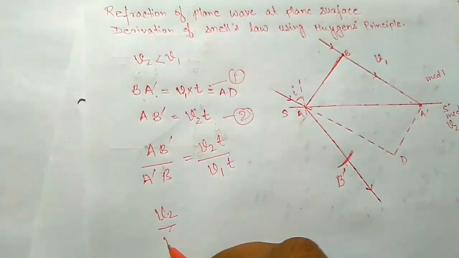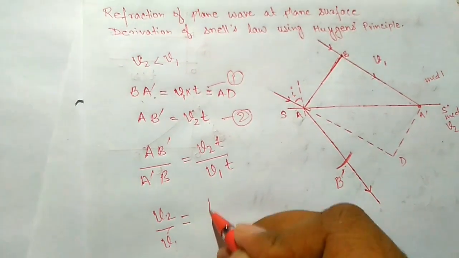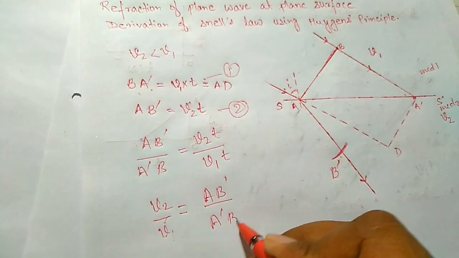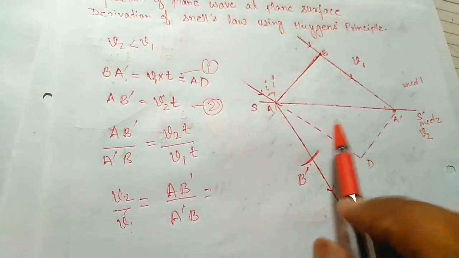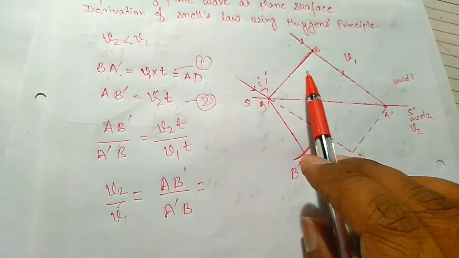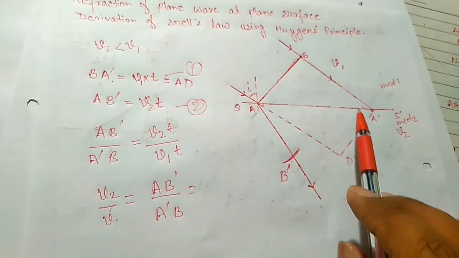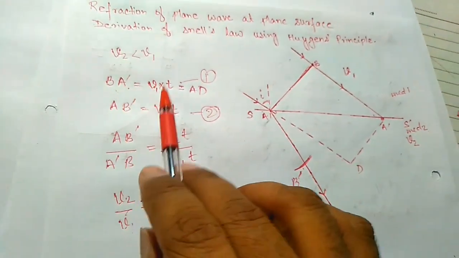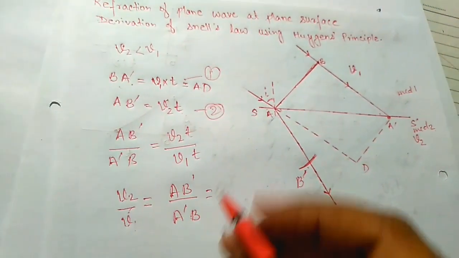V2 upon V1 is equal to AB dash upon A dash B. And this A dash B, this one, A dash B is equal to V1T. A dash B is also equal to AD. So instead of this, we can also write